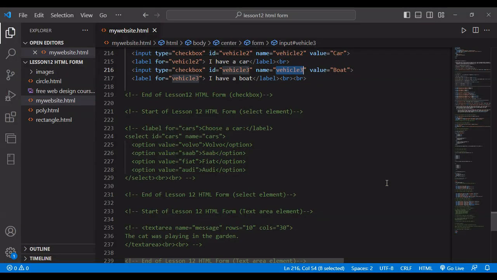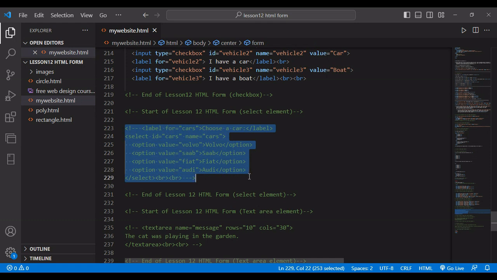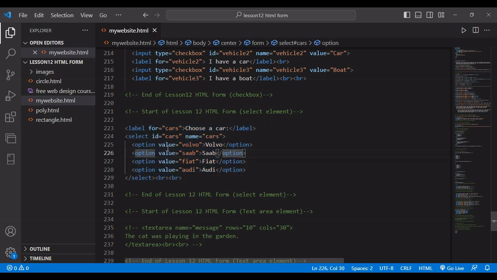Let's go to the code, the bunch of code that I have created before. Here we go. So now you know what the label is for, so I don't want to discuss this. This is about the car, so label for cars, and in between the label you just write down choose a car, and then